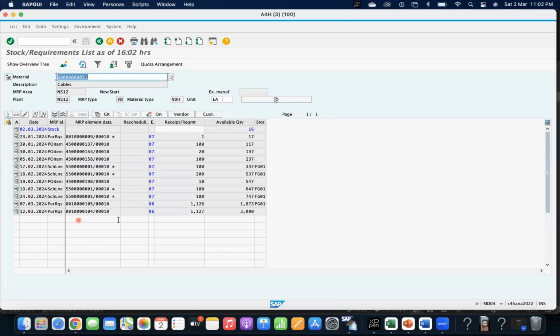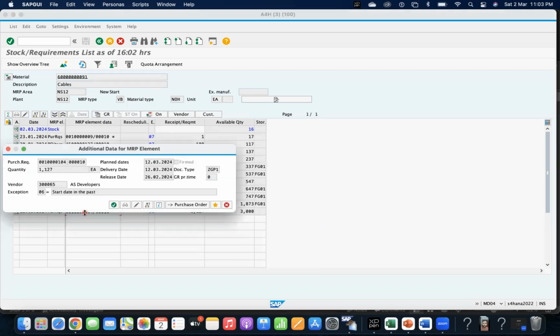With MD04, there are already two requisitions created. So let me delete those two PRs. How can I delete? We can go to the requisition,